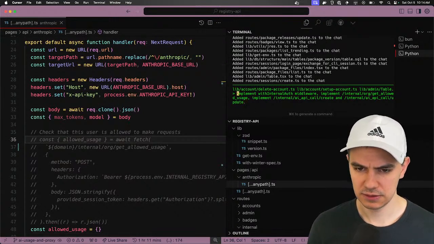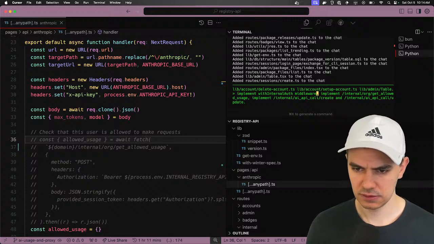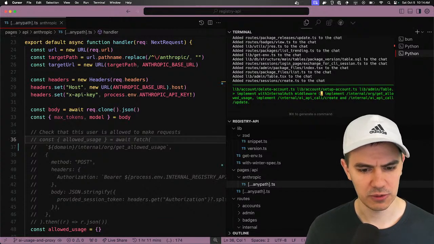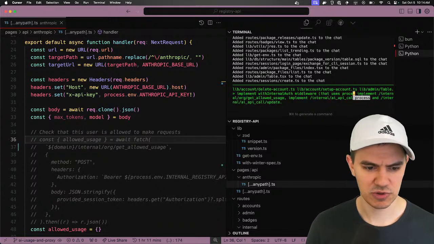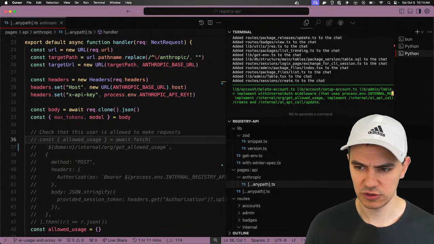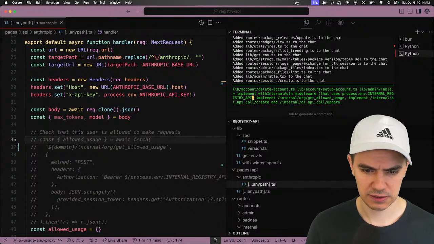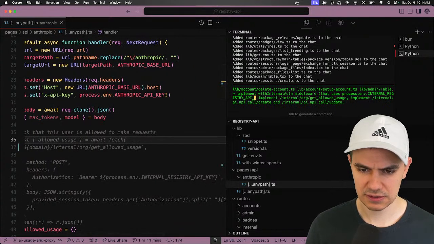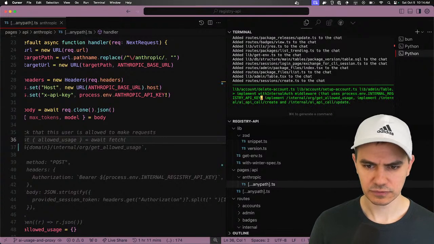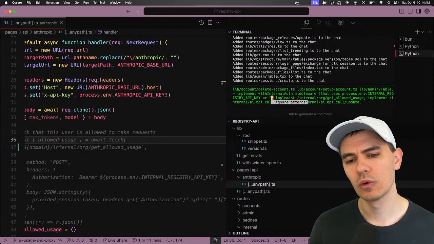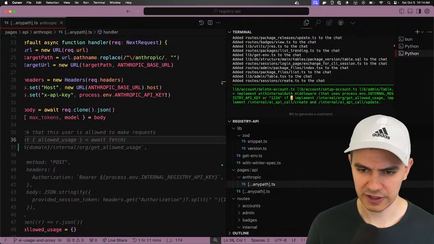Okay. With internal auth middleware that uses process.env internal registry API key, or 1 2 3 4 if not defined.